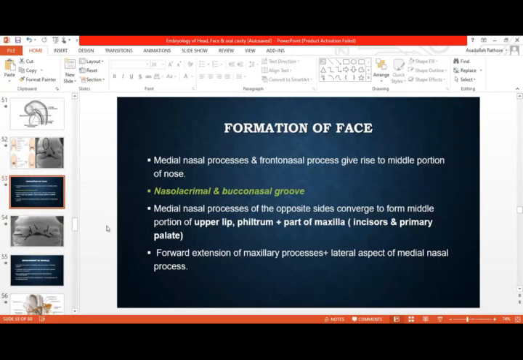Okay, now all these grooves and prominences, the medial nasal prominence, frontal prominence and also the maxillary prominence, these have developed. Now what is going to happen is that you will see the different regions of the face developing from these prominences. So we have discussed that the medial nasal process and the frontonasal process will give rise to the mid portion of the roots of the nose, and the medial nasal process of the opposite side will converge to form the middle portion of the face that includes the upper lip,